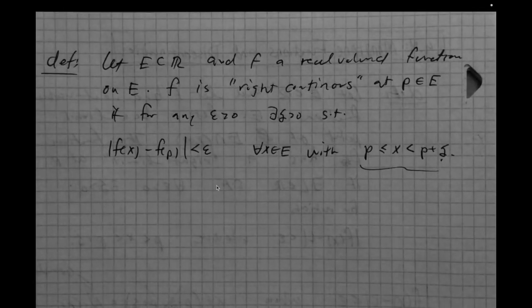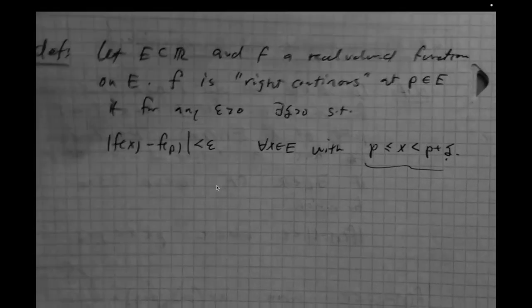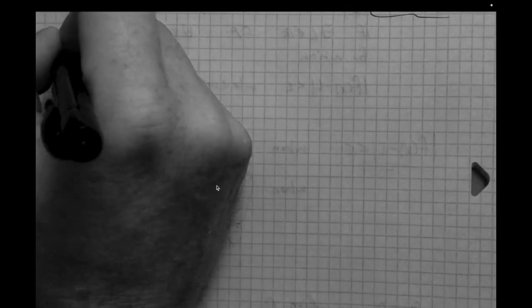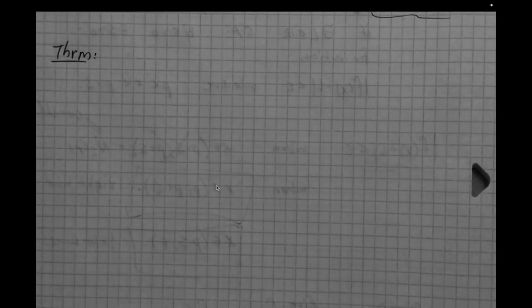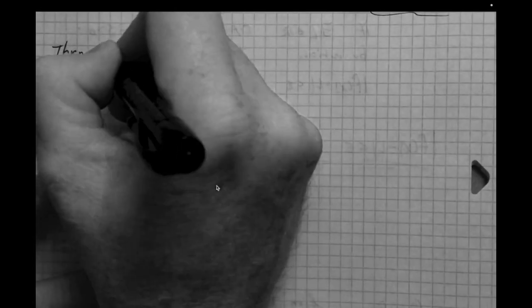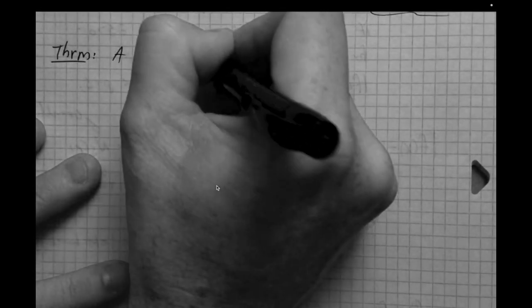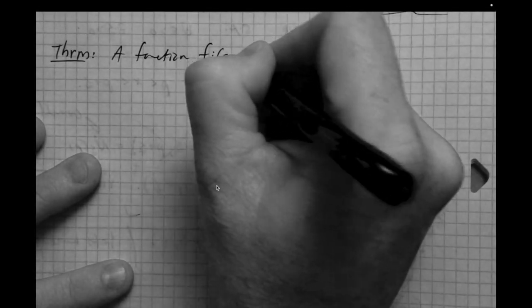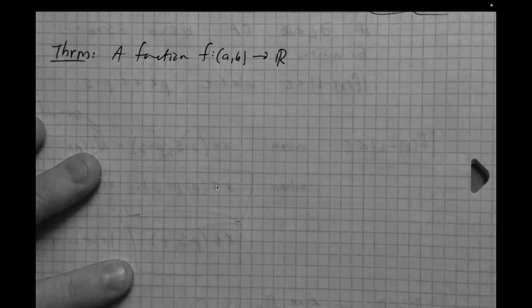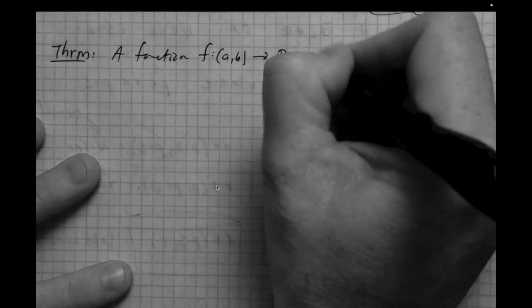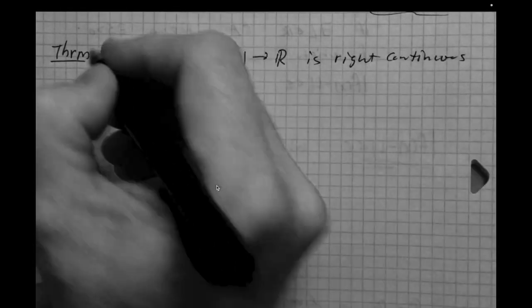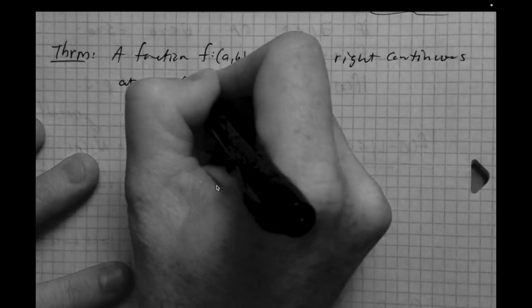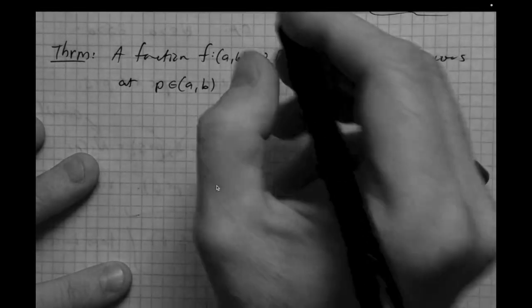Okay, so let's jump into some theorems now and see what sorts of things we can see. We'll do one theorem and then some examples. So the first theorem comes from calculus. We've certainly seen this in calculus. A function f, a real valued function on an interval [a,b], is right continuous at p in that interval if and only if